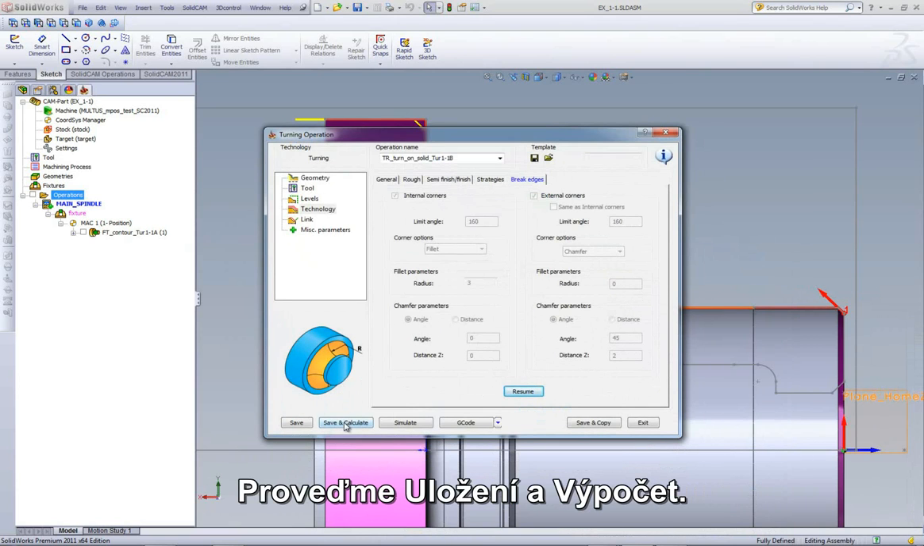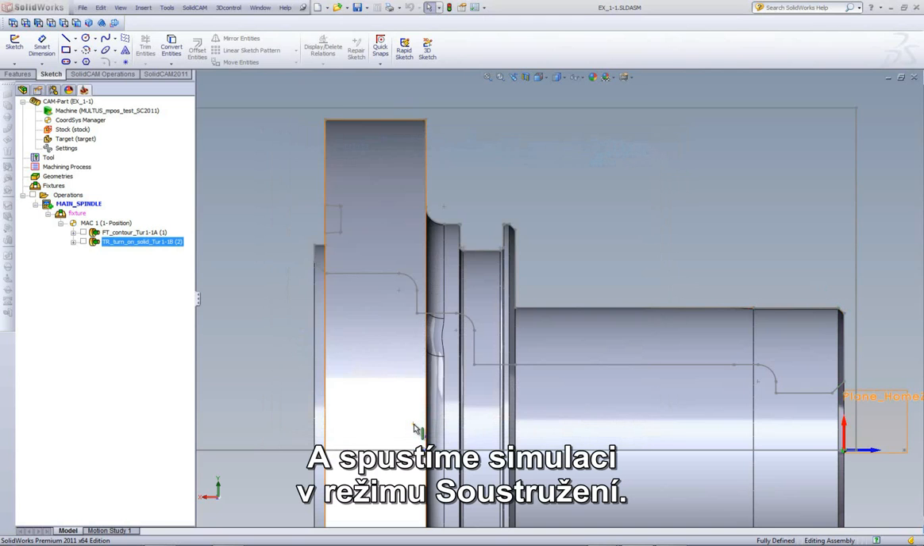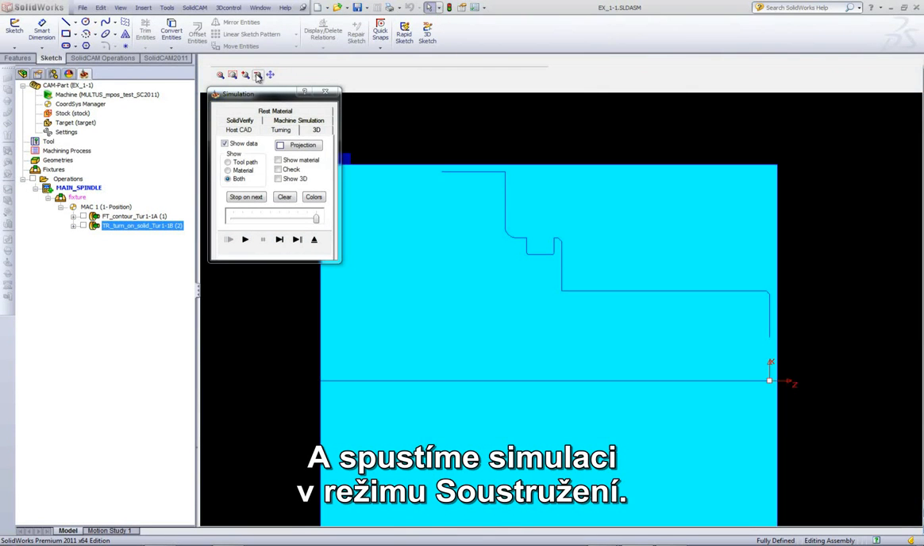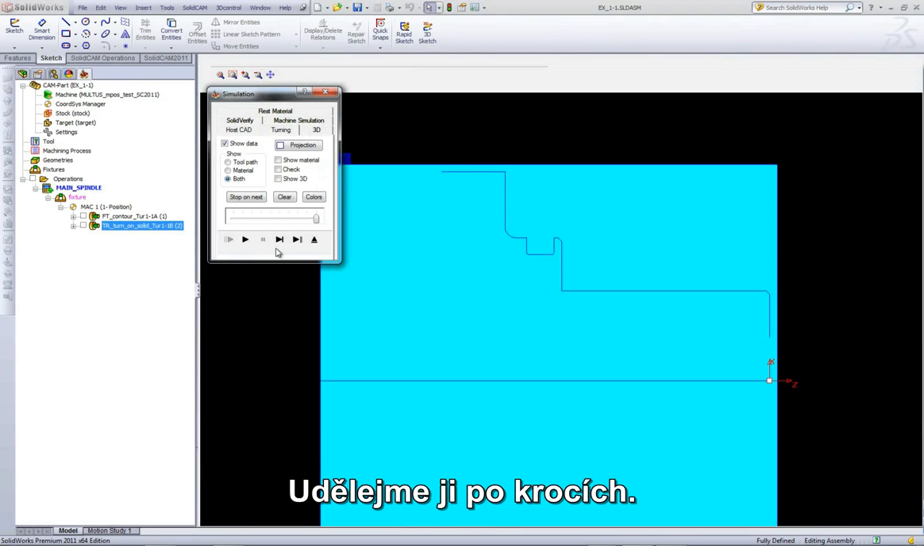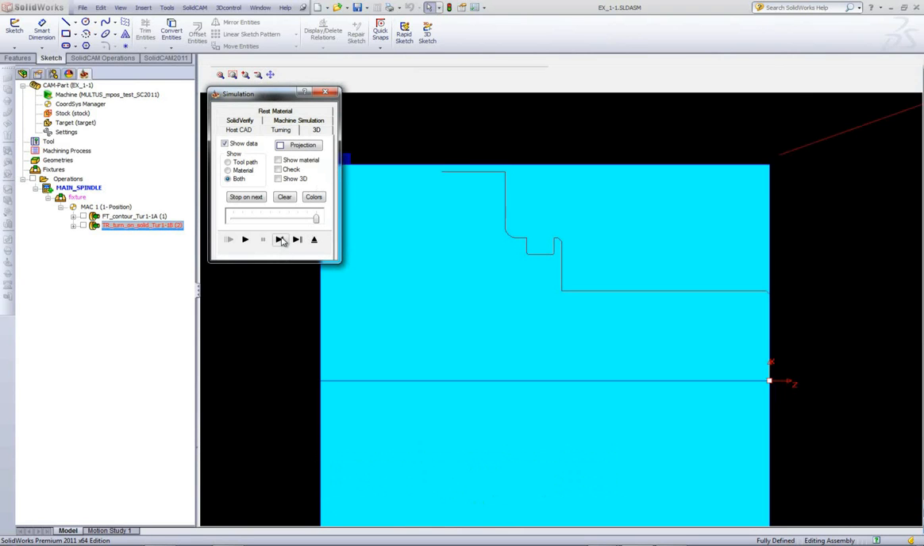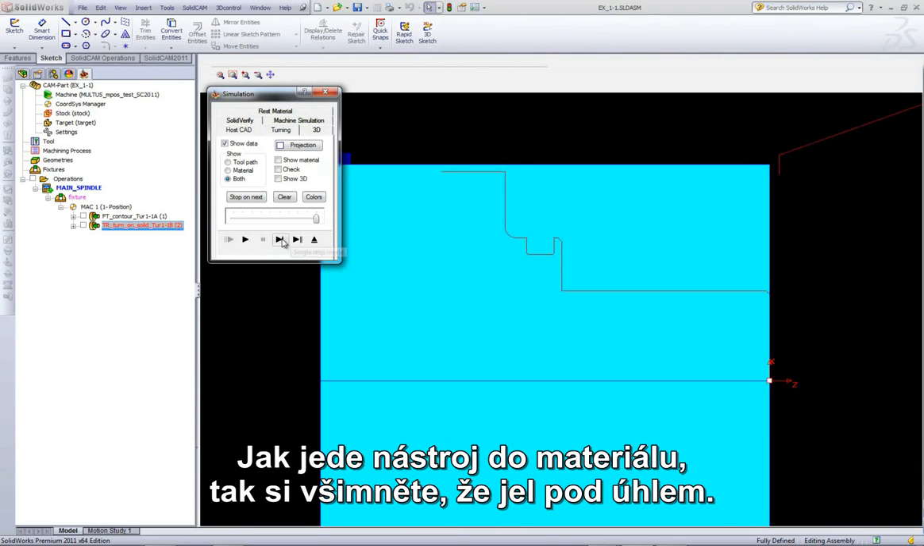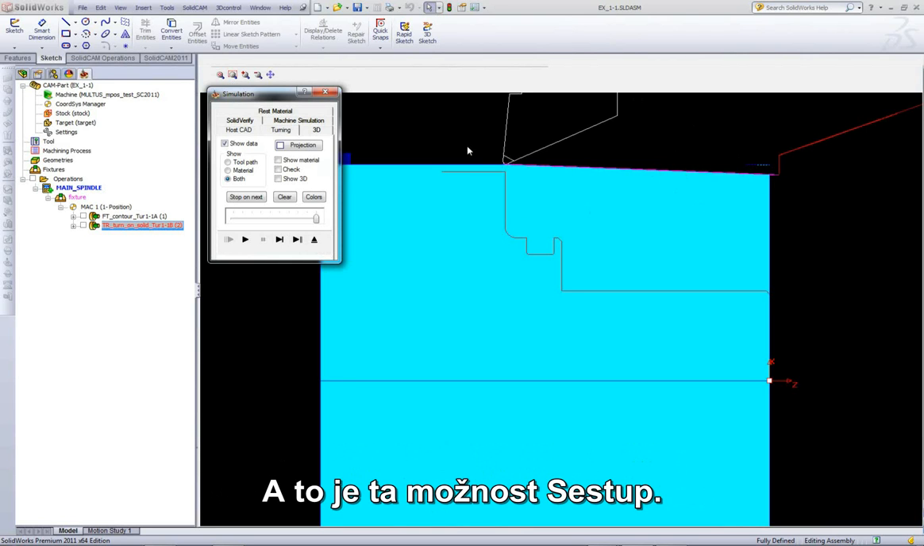Let's do save and calculate, and we'll run our simulation using the turning option for simulation. Now let's first do this one step at a time. My tool goes down in the proper place. Now when it goes in, you'll note that it went in on an angle. This is the ramping